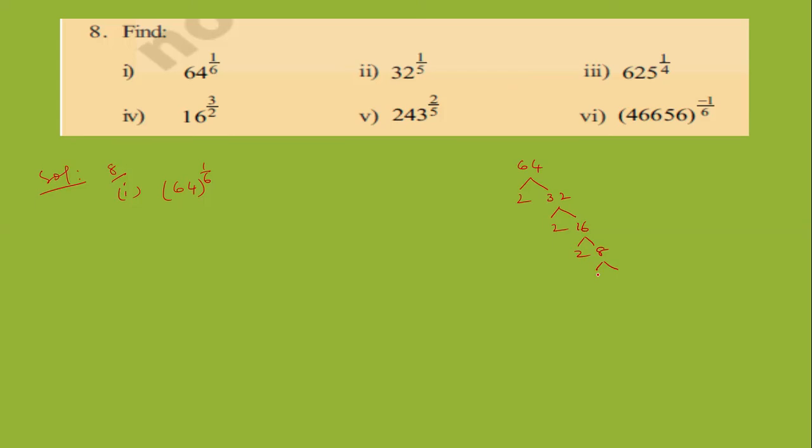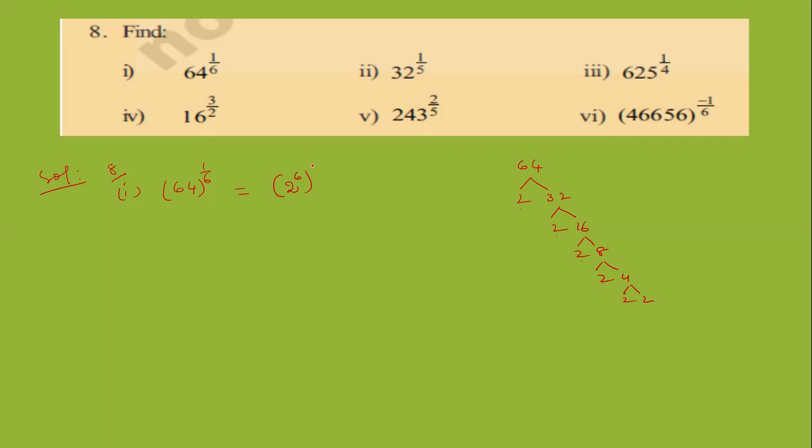divide the 64 like this. Factorize this one, 64. 2 32s are 64. 2 16s are 32. 2 8s are 16. 2 4s are 8. And 2 2s are 4. Now you count them. How many equal factors are there? 1, 2, 3, 4, 5, 6. That means you may write this one as 2 to the power of 6. The base 64 is written in the exponential form as 2 to the power of 6.